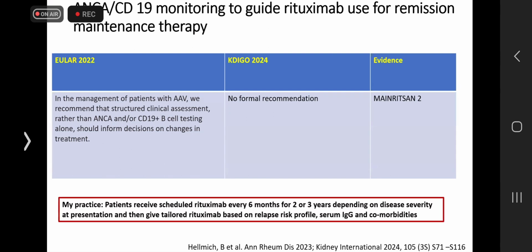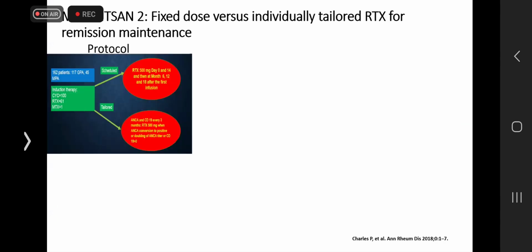MAINTENANCE-2 trial. In my own practice, I use scheduled rituximab every 6 months for up to 24 or 36 months, depending on disease severity at presentation, and then give tailored rituximab based on the relapse risk profiles, serum immunoglobulin, and other comorbidities. Here is the MAINTENANCE-2 trial, which enrolled patients who achieved remission after using mostly cyclophosphamide, some with